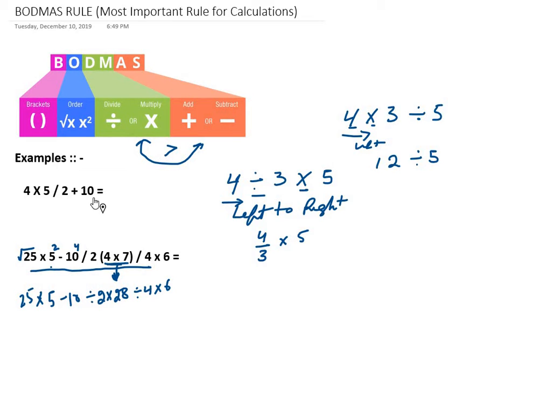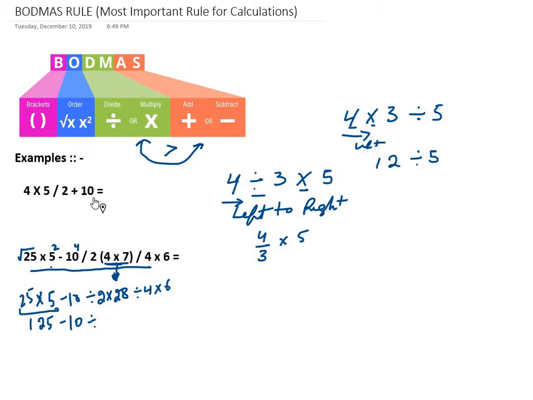Now what should we do? We are left with multiplication here, minus here, division, multiplication, division, multiplication, and it's a straight one. So we have to remember that the priority of division and multiplication is more than plus and minus. So what are we going to do here, right? If we move from left to right, here we have multiplication and then subtraction. So this thing we'll do first. 25 into 25 is 125, right? Multiplication has a higher priority as compared to subtraction. So this minus 10 and